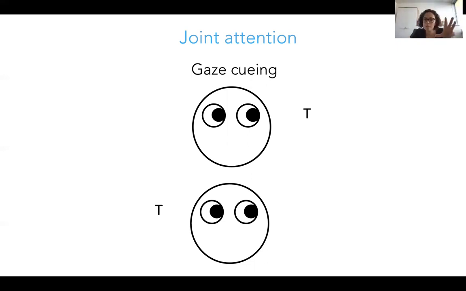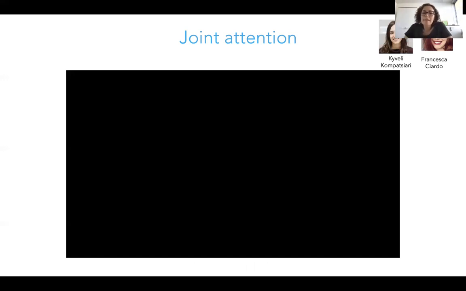So we've done this kind of paradigm with a robot. And what you'll see is the robot directing participants' attention to one of the screens, an embodied robot. So that's already, we can discuss that later, because there are a lot of interesting methodological issues when you translate paradigms from screen-based paradigms that are very classical in cognitive psychology to embodied interactive setups. And there are many decisions that need to be made that make the paradigms not exactly comparable. So obtaining results that are similar across our embodied conditions and screen-based conditions is already quite a success.